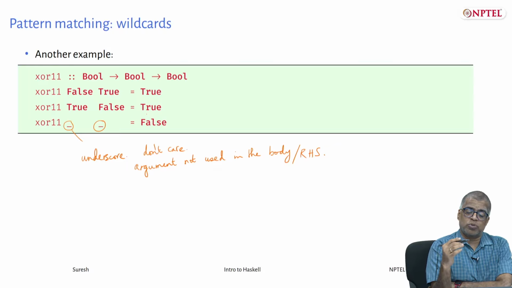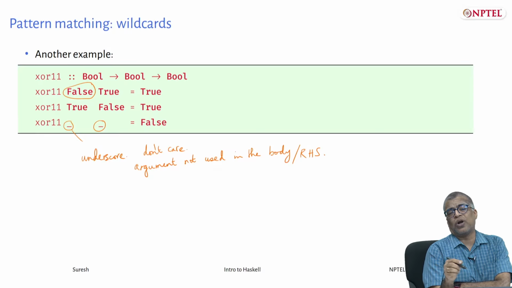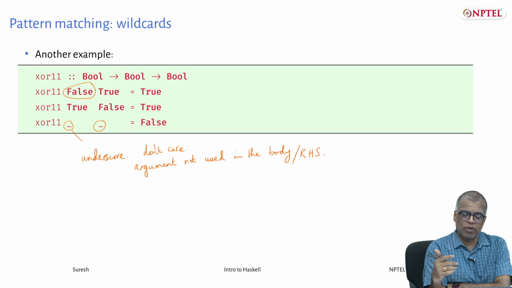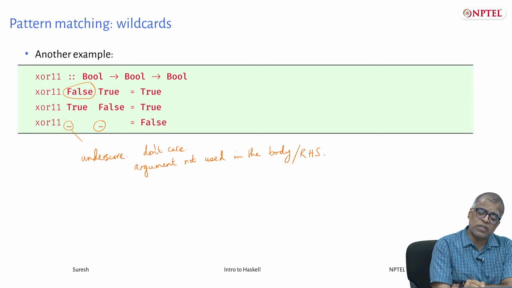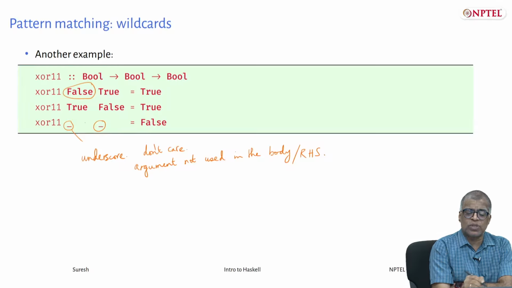So, you can use a combination of actual constants, constant patterns. We will see later that not all patterns need be constant. There are patterns which have some function applied on some variables. We will see all those kinds of patterns in a few lectures down the line. But as far as bool is concerned, there are just three kinds of patterns: true, false, and just a variable which will match either true or false. And in case an argument is not used on the right hand side, then you will just use underscore for that.